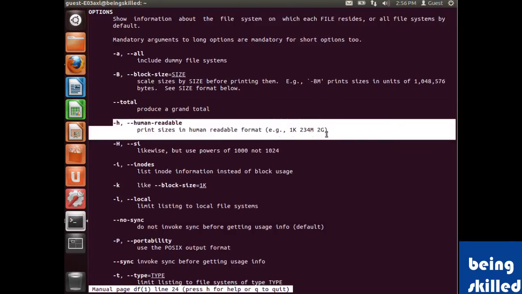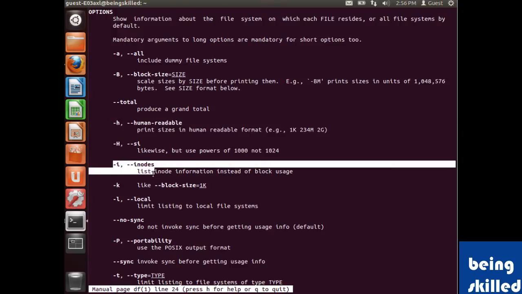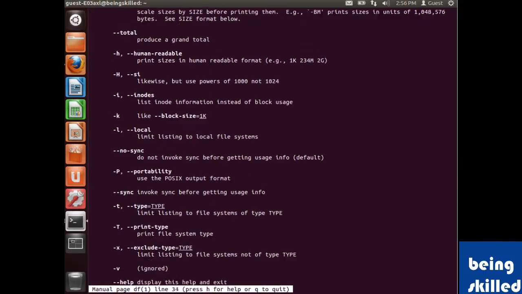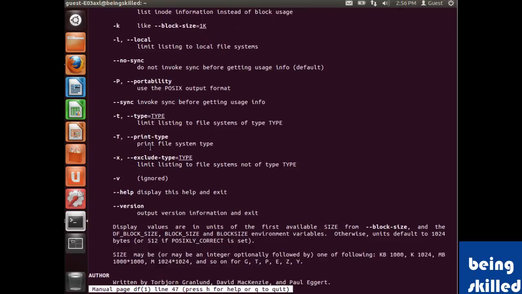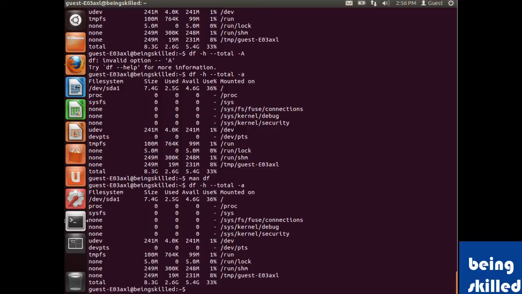Human readable changes the blocks into megabytes gigabytes format. -i will show the inode information. So these were the major options which we discussed, and the final output will look like this.